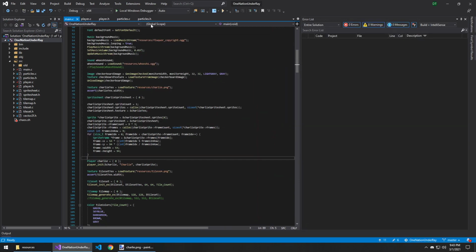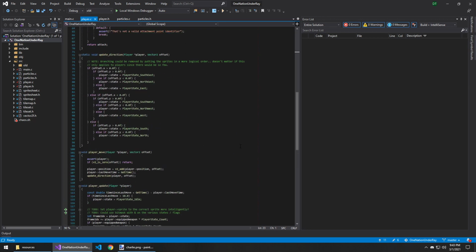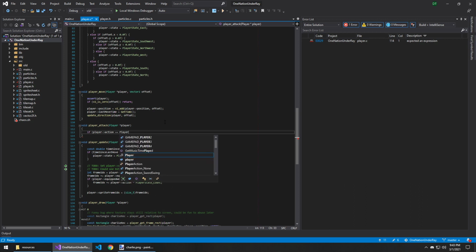Yes, we definitely need a timer. So in here we're gonna say player move, player attack, I think that's all we need. If, oh yeah, and then we can check this. If player action equals player action none,